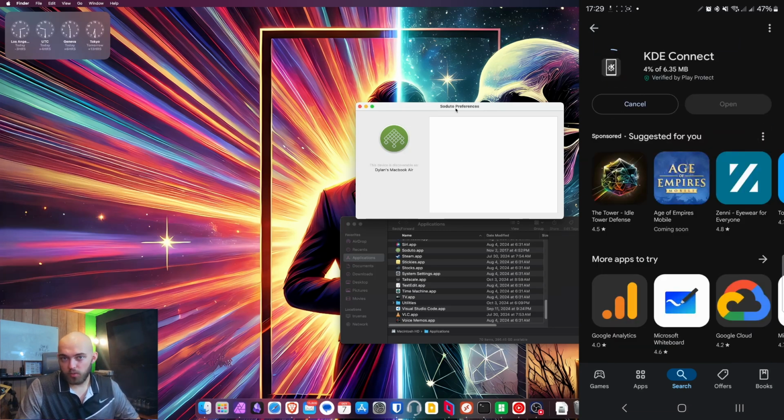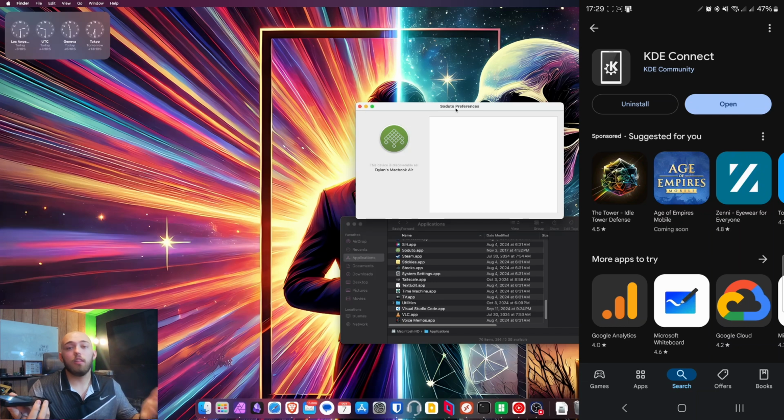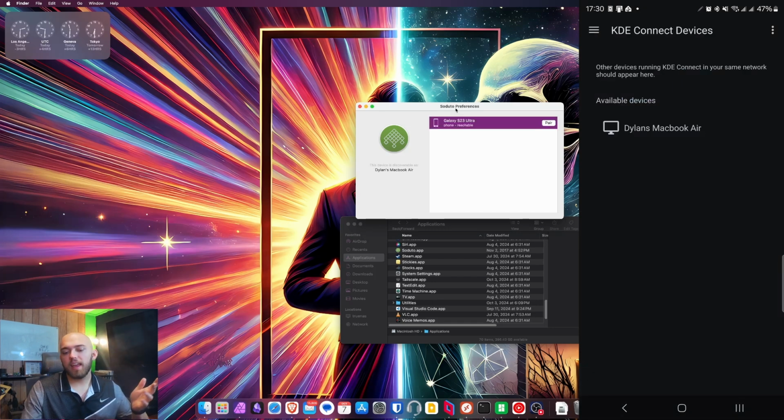This app originally was designed to share your clipboard as well as other things across Android and Linux. Some lovely gentleman decided to port its standard over to Mac as well. So thank you to whoever that was. I'm going to open KDE Connect, and right on here, as long as you're on the same Wi-Fi network, you will see your device. So on my MacBook here, I can see my Galaxy S23,